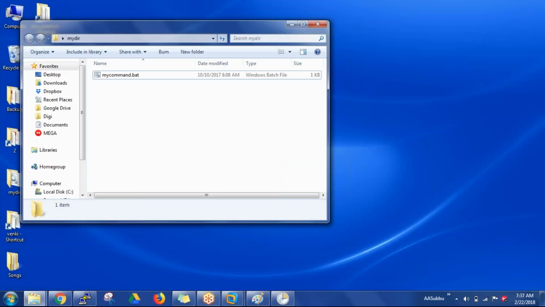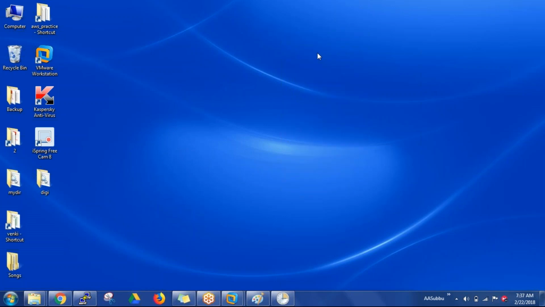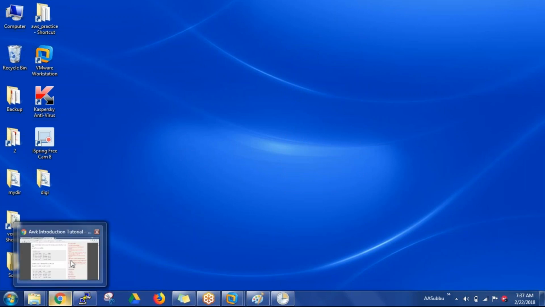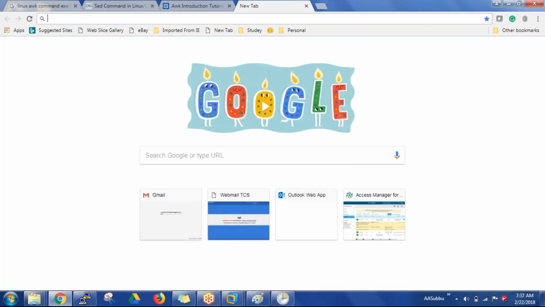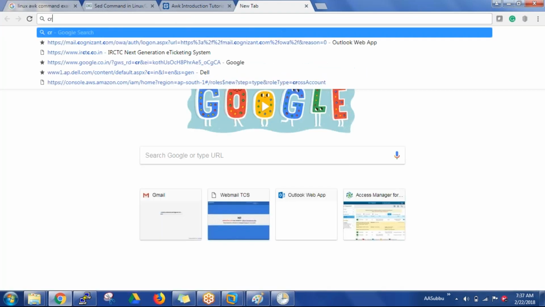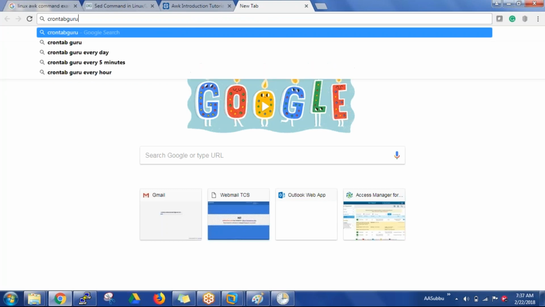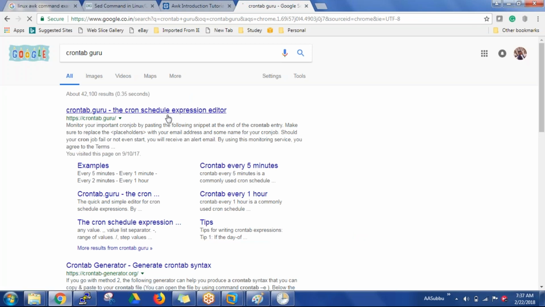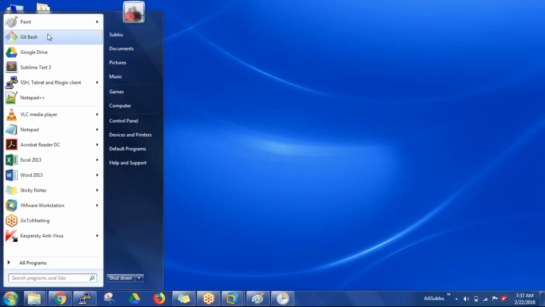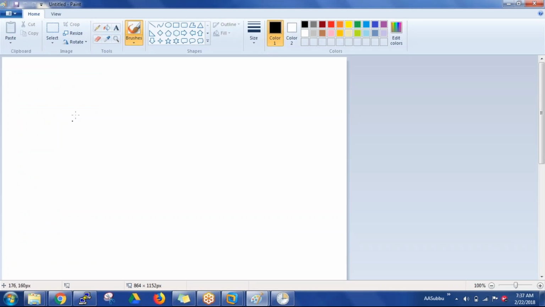So as per the schedule, what is the scheduler job? As per the defined time, it should automatically execute that program. That's called a scheduler. In Linux, we have a program called crontab. Crontab has a syntax like five stars,